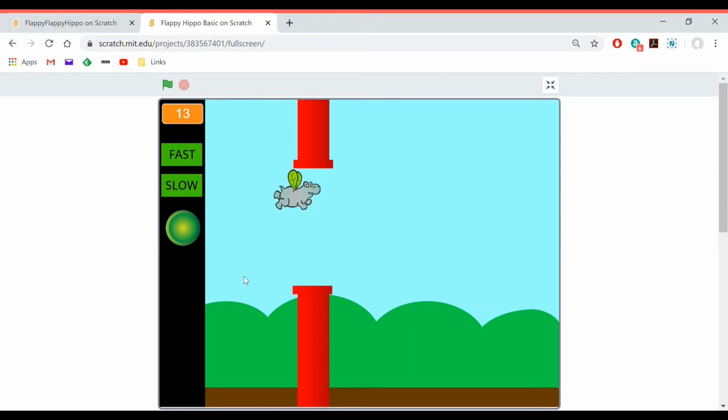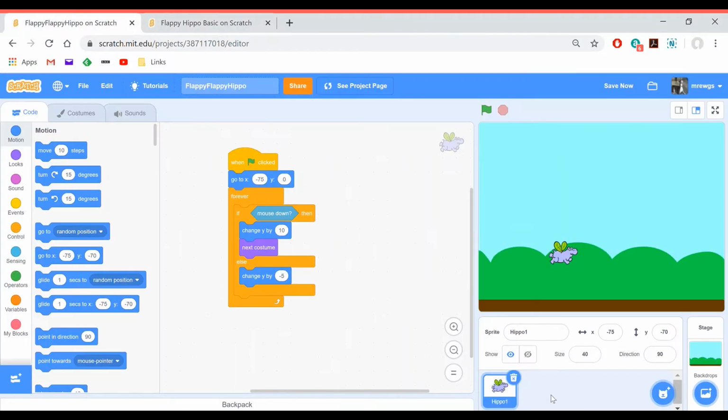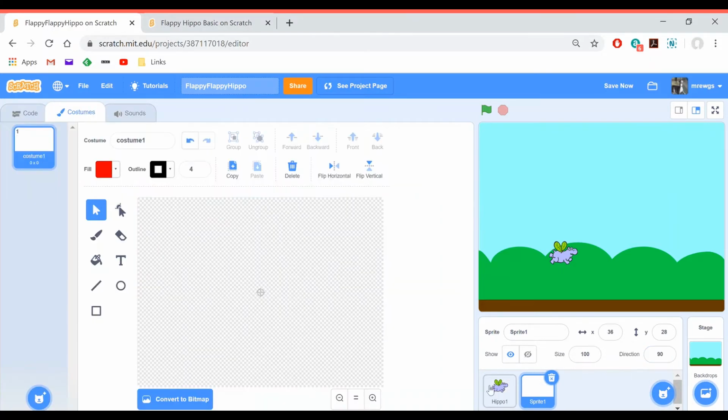So I'm going to go back into Scratch now and show you how to add the black bar and the pipes. First of all, the black bar. What I need to do is create a new sprite by painting the sprite. So hover over the sprite selection and click on the paintbrush, and that allows you to create a brand new sprite, and I'm going to call it bar,